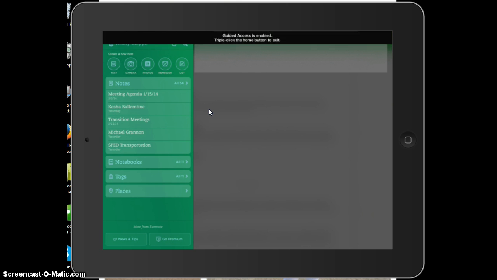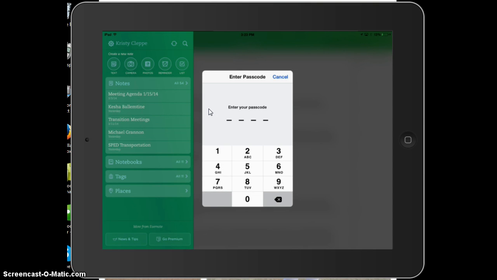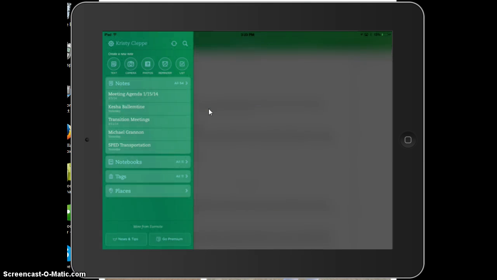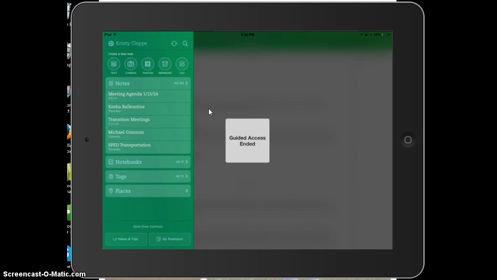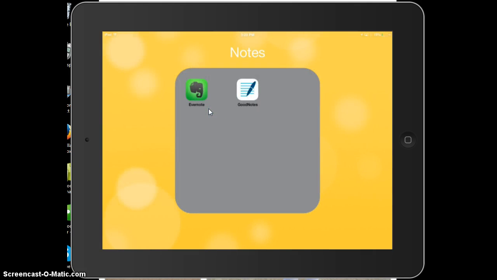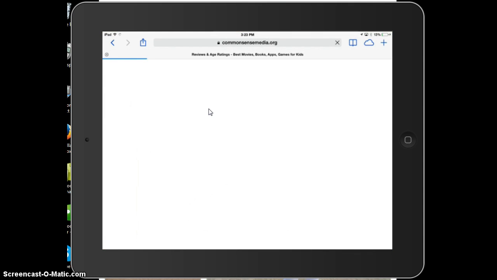So I'm going to show you that a little bit better with Safari. But as I triple click this, you notice it won't let me go to the home screen without the passcode. So they will not be able to get out of that app they're working on until you put in the passcode. I'm going to show you again with Safari. So if I go into Safari,